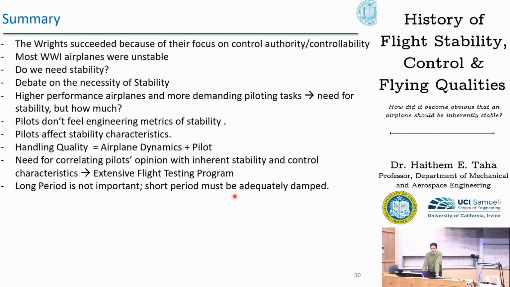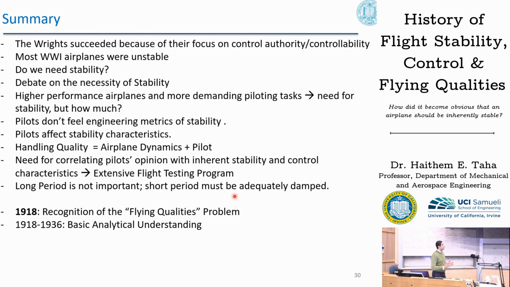A few hallmarks in the history, according to Vincenti: 1918 is the year where the recognition of the term flying qualities occurred in an official report. Between 1918 and 1936, the committee was dabbling with what the important parameters are. Is it C_M alpha? Is it the stick force? Is it short period, long period? By 1936, this is a milestone, because this is where United Airlines asked Warner to set the very first flying quality specifications, for the DC-4. These were very preliminary and changed significantly afterwards.